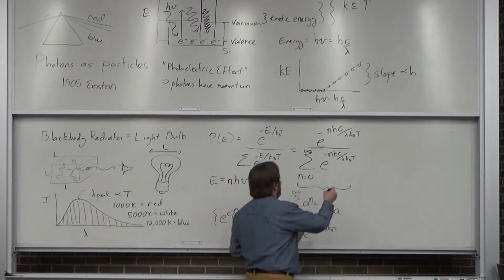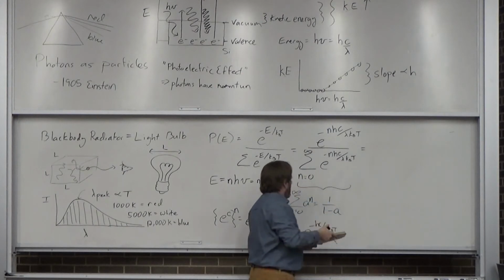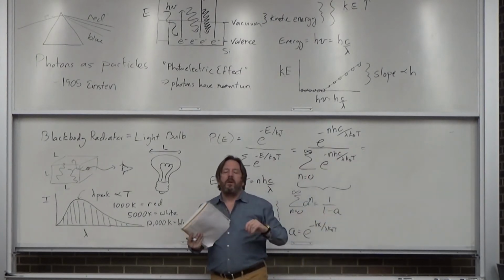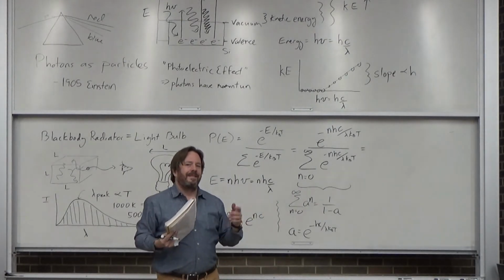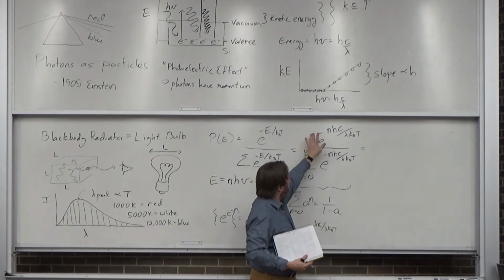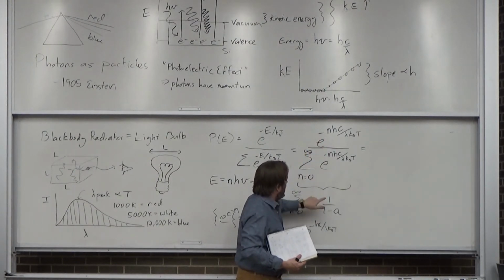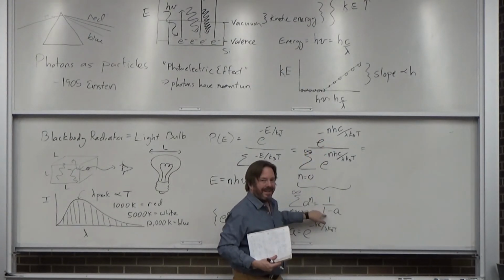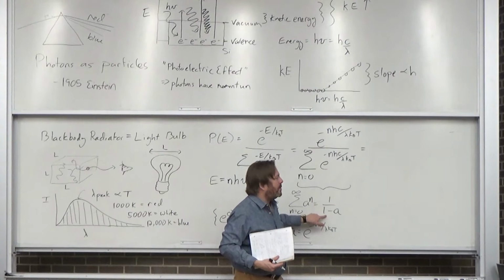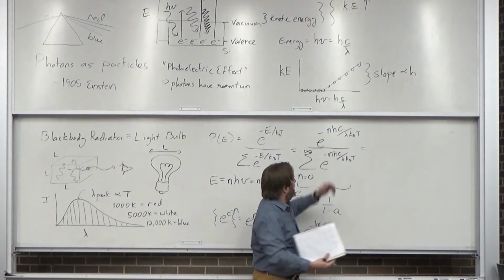So this ends up being e to the minus nhc over 1 minus. No, that's not right. Got to be careful here, right? This is 1 over something. That something is 1 over something, right? I know I shouldn't be speaking equations. I know that's got to be kind of annoying, but I just want to point out that this is